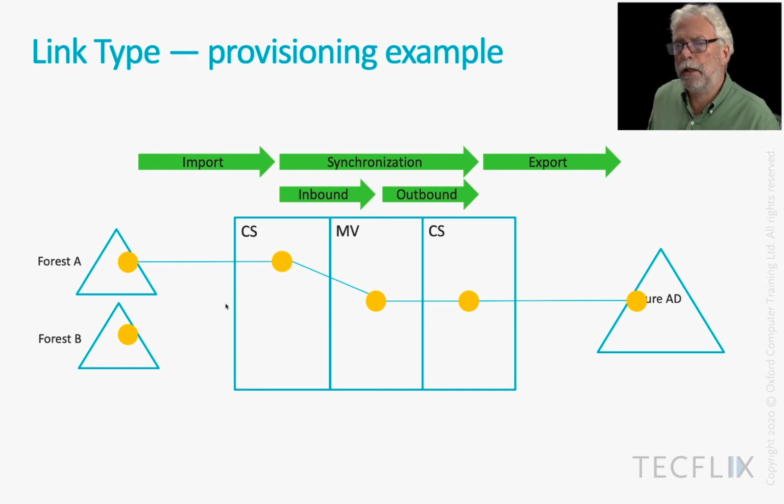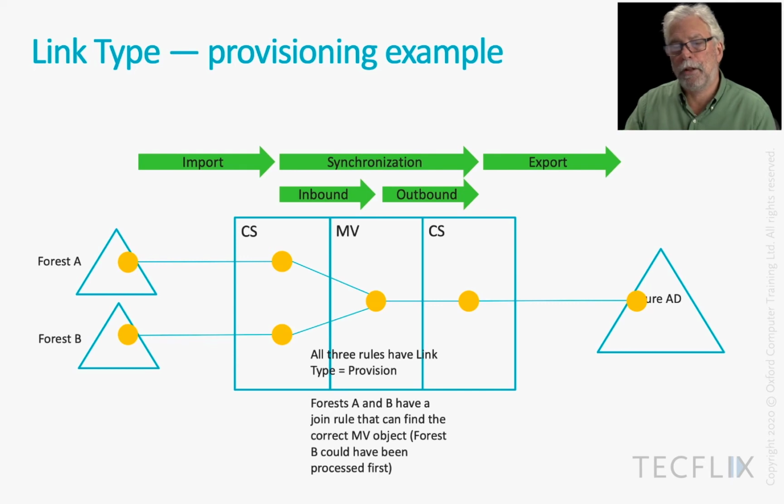If subsequently an object is detected in Forest B, which corresponds to this user object, in other words, it's essentially the same user, then when we do the synchronization step, we want it to find that metaverse object. How does it find it? It finds it because there's a join rule in place that's based on something that we chose in the wizard during setup. And you might remember it was things like UPN and email address and so on. So some unique feature, it might be email address, might be UPN, but whatever it is, we can arrange for